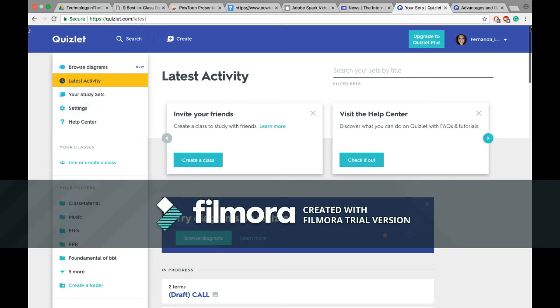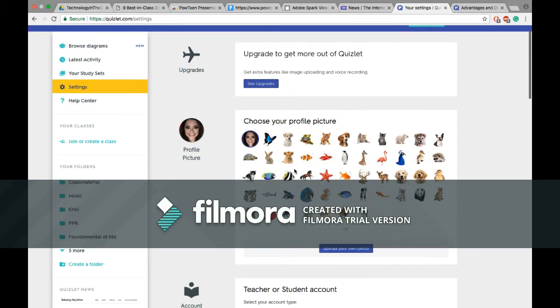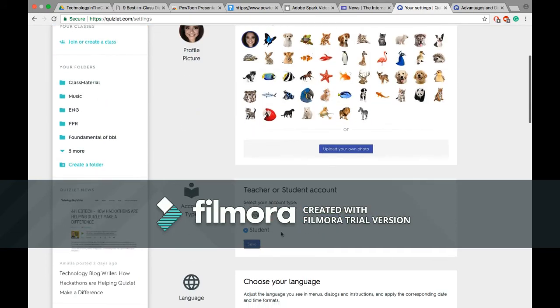I want you to go on top, underneath settings. I'm going to show you something really cool about this website. You can change the picture if you would like to, but what is important underneath settings is that you can change your account to student or teacher, which I think is really important. If you already have a teacher account, an institutional account, it's better to use Quizlet underneath that account because it will give you more tools so you can share it